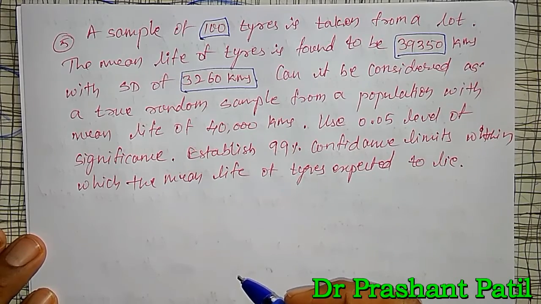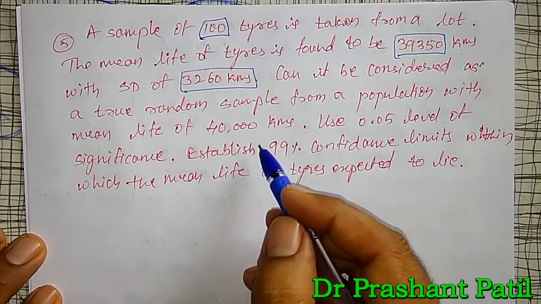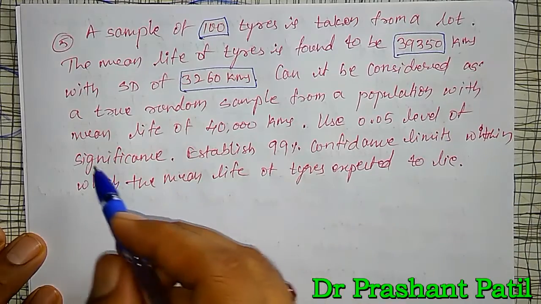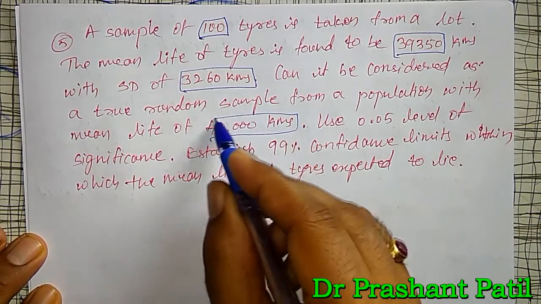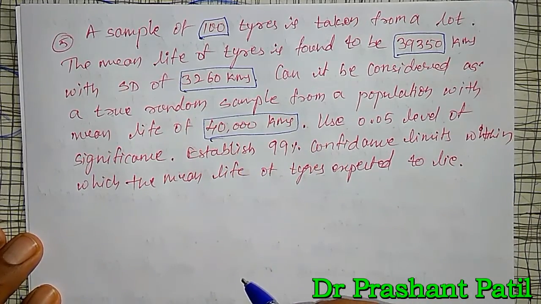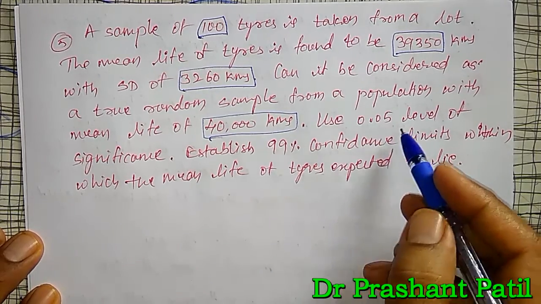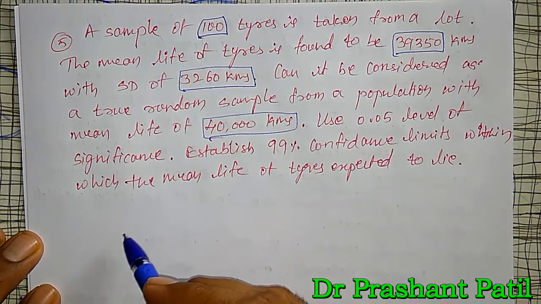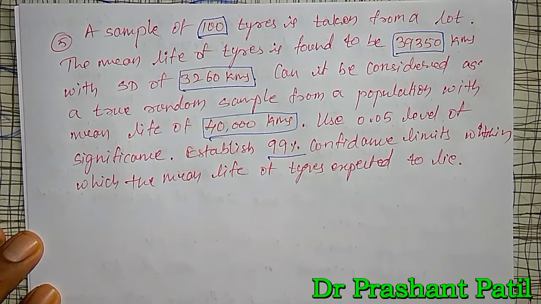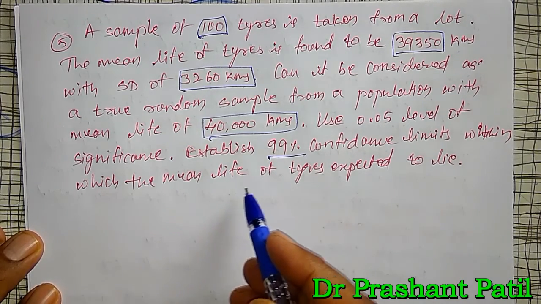Can it be considered as a true random sample from a population with a mean life of 40,000? Use 5% level of significance for this one and establish 99% confidence limit within which the mean life of